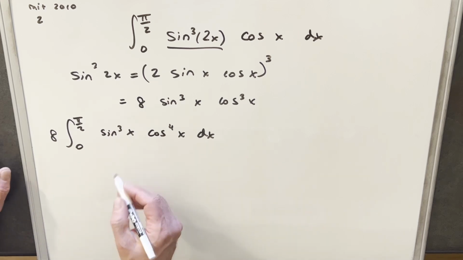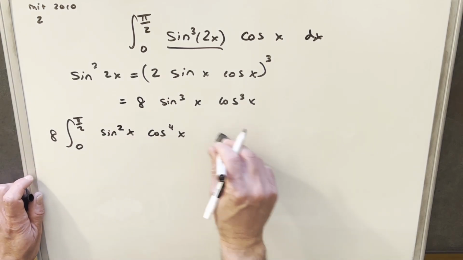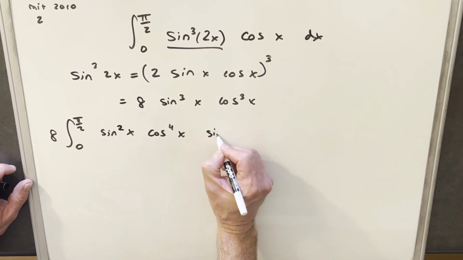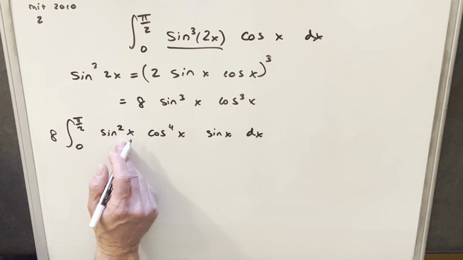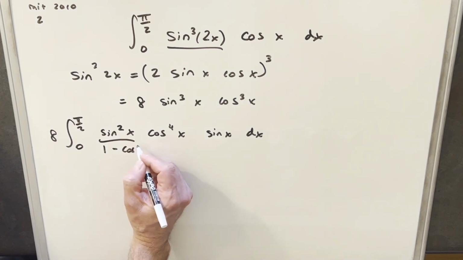What I'm going to do is, because we have an odd power here, I'm just going to rewrite this a little bit. So I'm going to split this out. We'll have a sine squared x, we'll write as sine squared x times sine x, and we'll write this over here. And then this is going to allow us to use the identity and rewrite this as 1 minus cosine squared